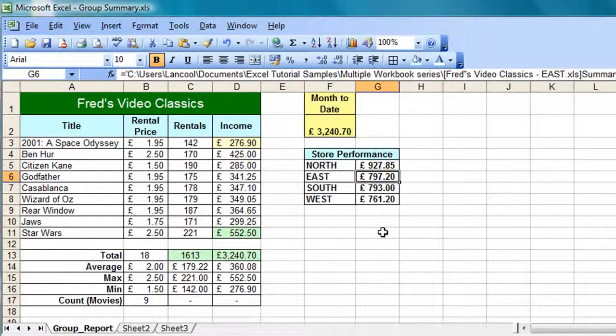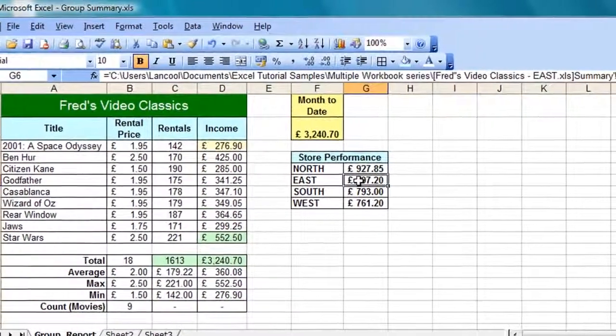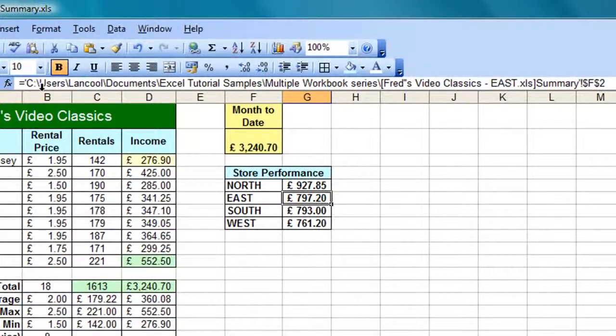Okay, now about the way the formula bar shows up the full path, it will do that when the workbook is closed, so it shows the full location. If the workbook is open, it doesn't do that. So at the moment, North is open, and it shows me an abbreviated link, if you like, so it just tells me the name of the workbook and the location. If it's closed, I get not only the name of the workbook and the location, but also the full file